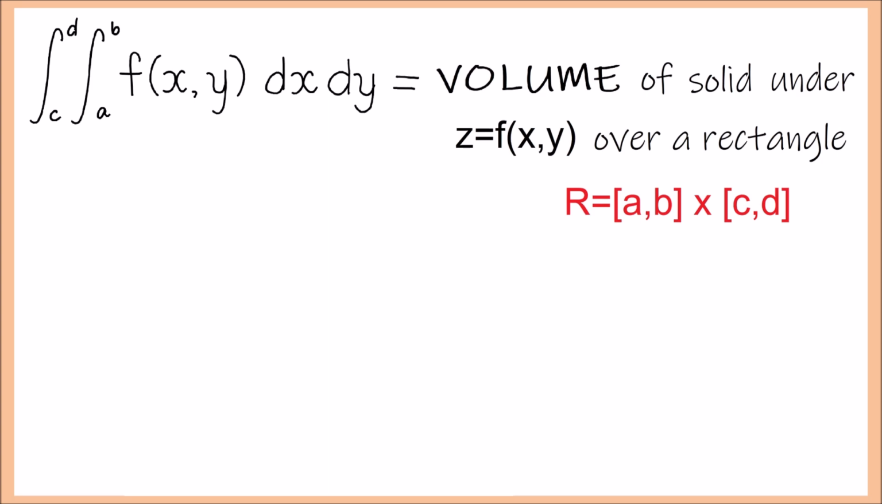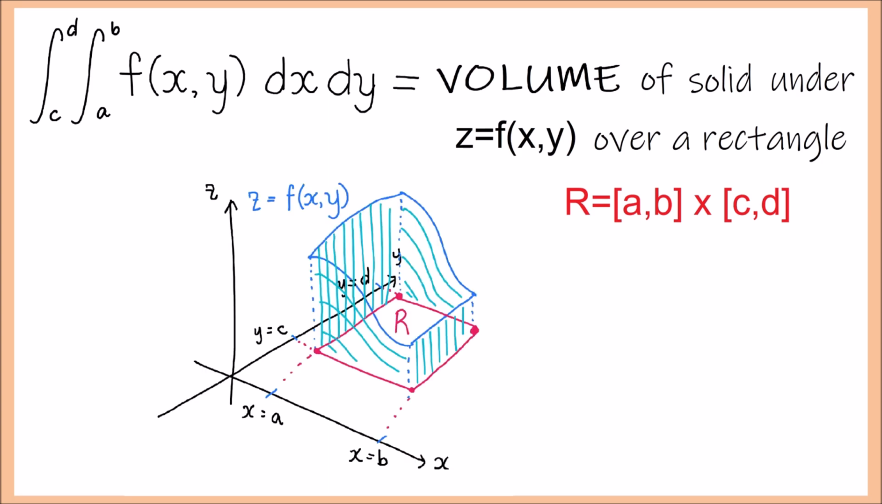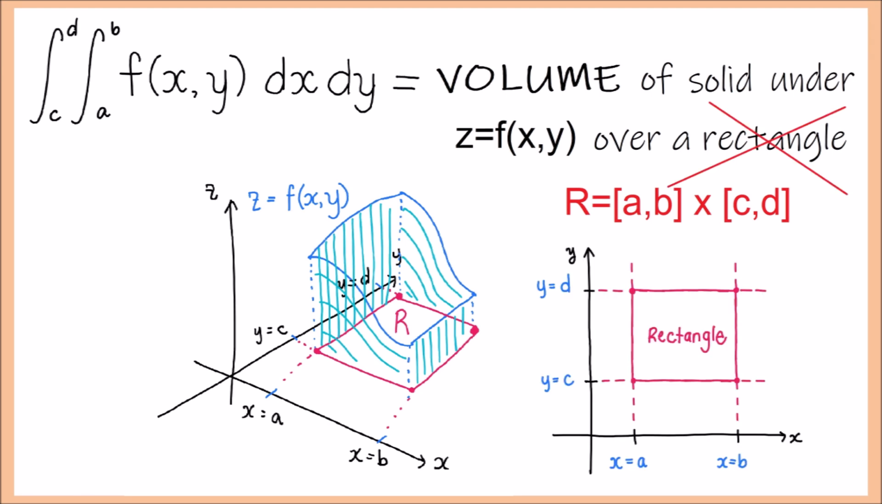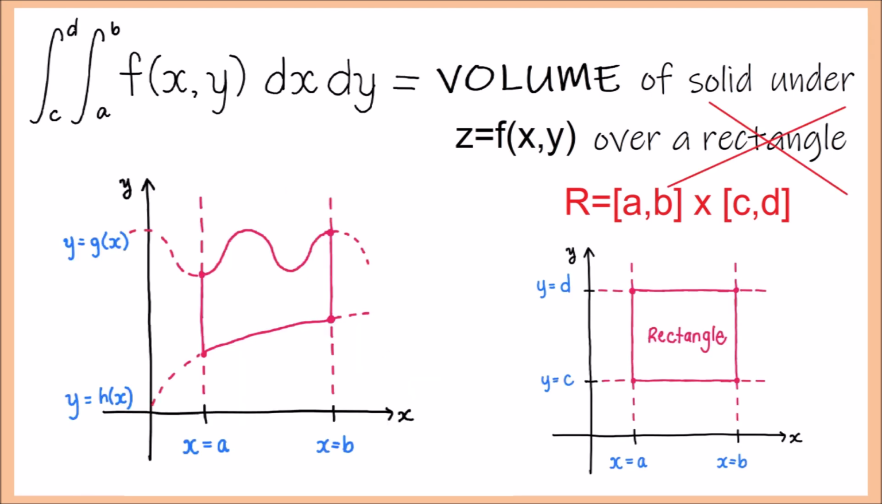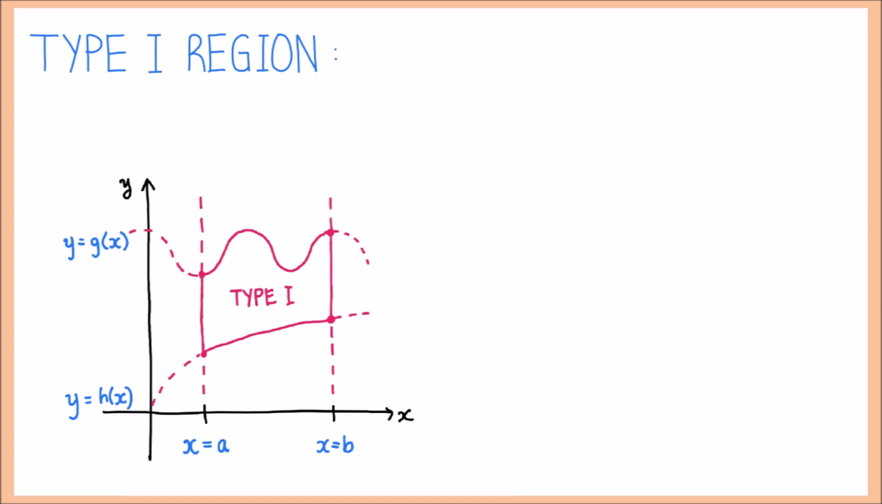In the previous lesson, we evaluated double integrals over rectangular regions. We can also evaluate double integrals not only over rectangles but over a general region. In particular, this region here is what we call a type 1 region. We define a type 1 region as a region on the plane, or a set of ordered pairs, where x is